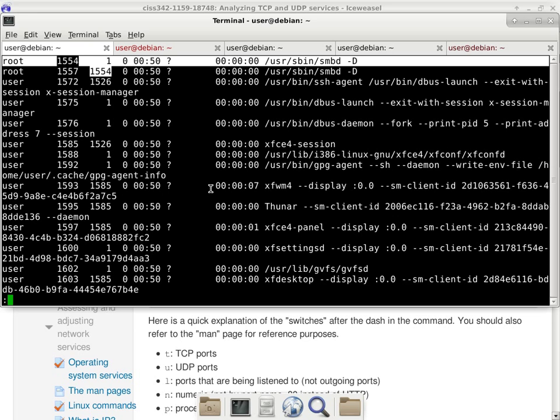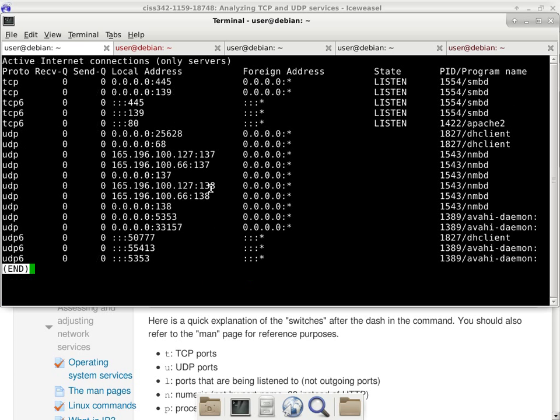Let me give you another example, and go through another process. I'll go through the same thing here, and this time I'll pick, let's say, Apache. Apache 2, which I already know is a web server, but in case you don't know, that's okay, because you can look at the port number that it's listening to. It's listening to port 80, and port 80 corresponds to HTTP. So we kind of know what the program is supposed to do. Most web servers will listen to the outside world because that's the whole purpose of a web server. But the big question is, what about security risk related to Apache 2?